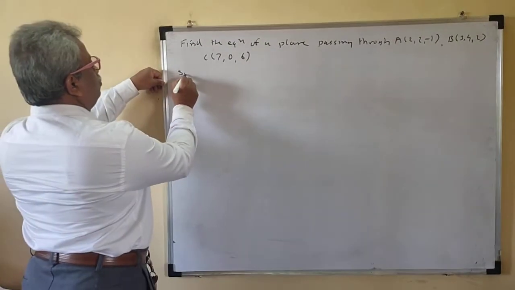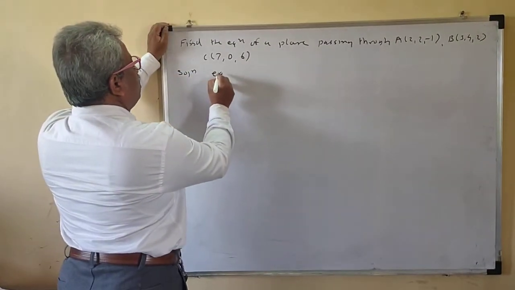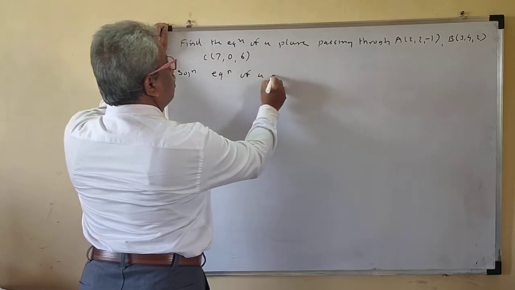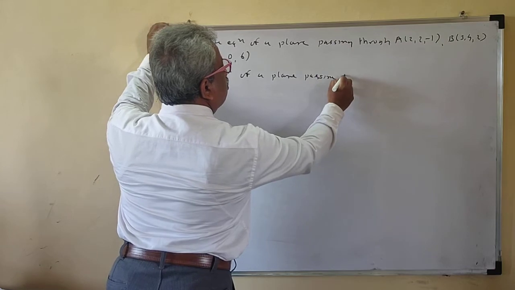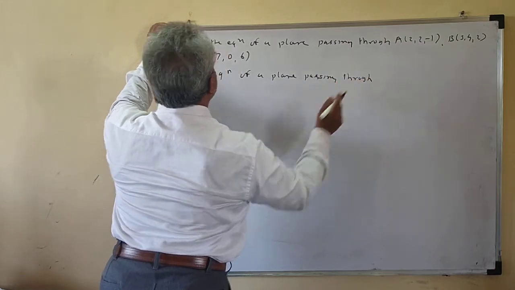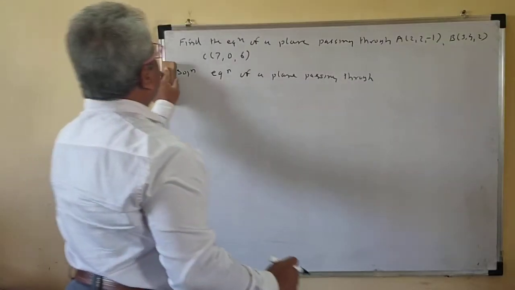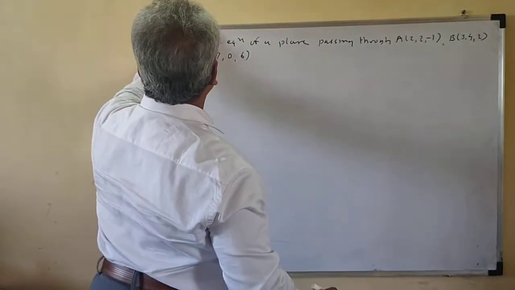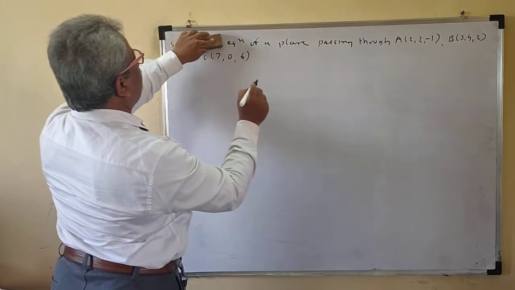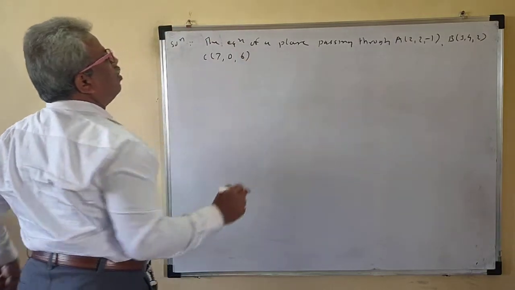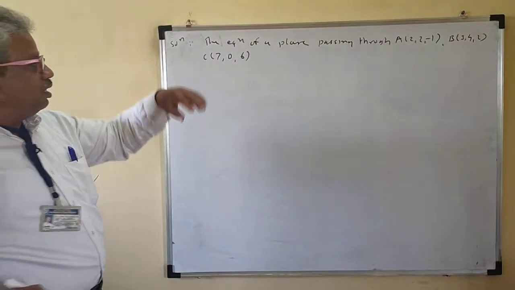Solution: the equation of a plane passing through these points is